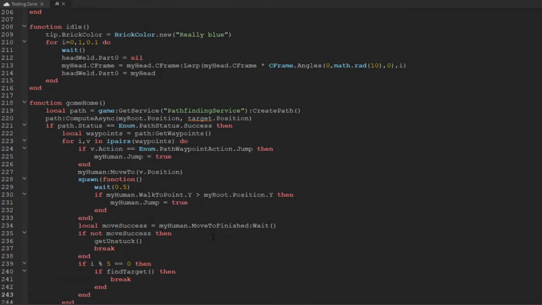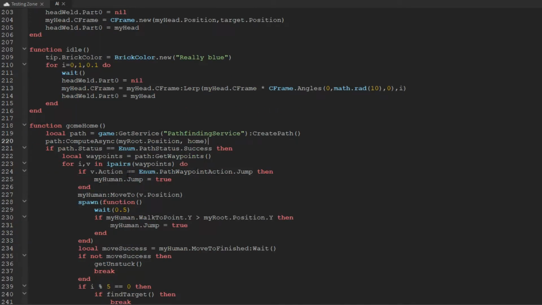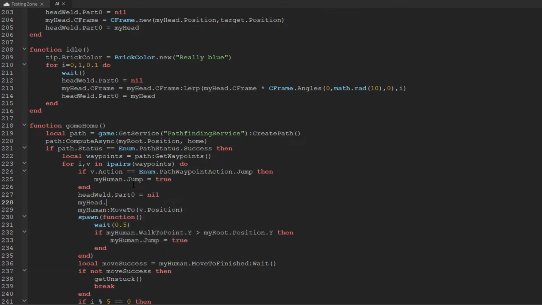Okay. So we want to change this target position to be our home position. So that'll just generate the path straight to our home using the same parameters as we do to get to a target, pretty much. With the exception of this being after the jump, we want to do head weld dot part 0 equals nil, and then my head dot cframe equals cframe dot new my head dot position, and then